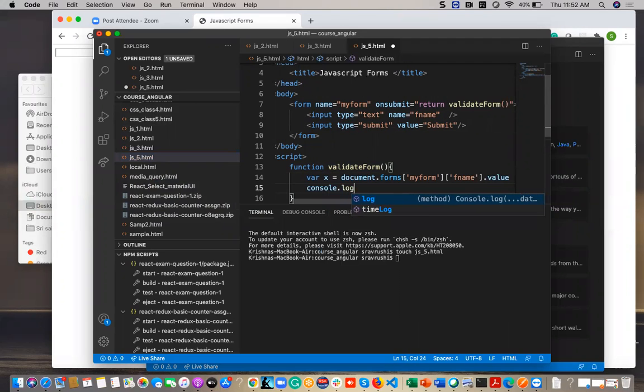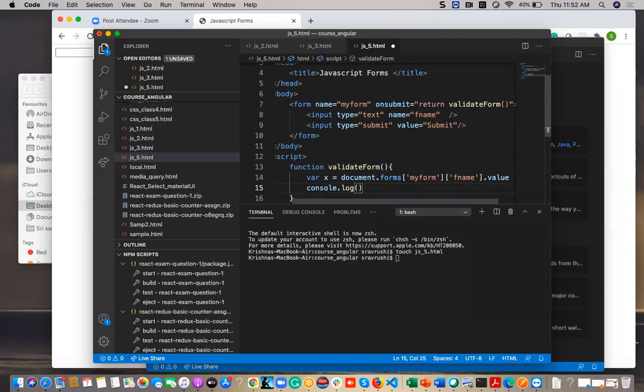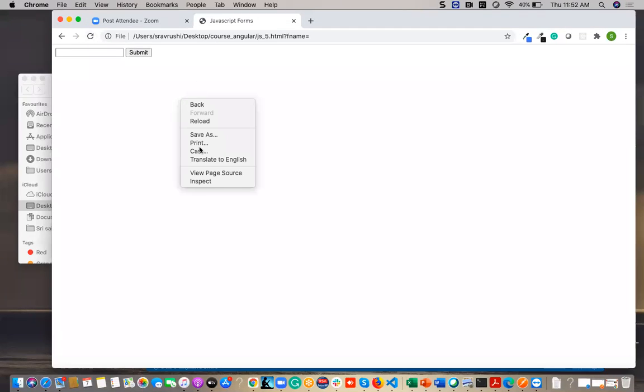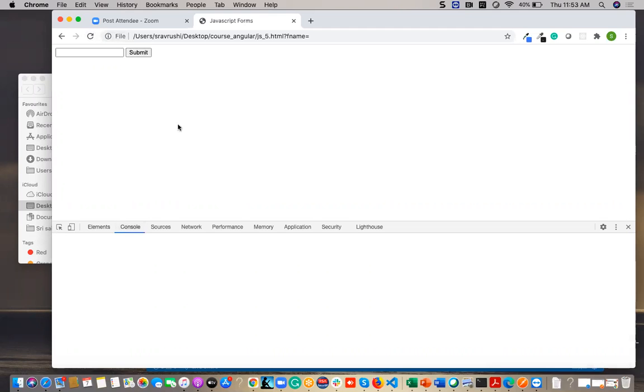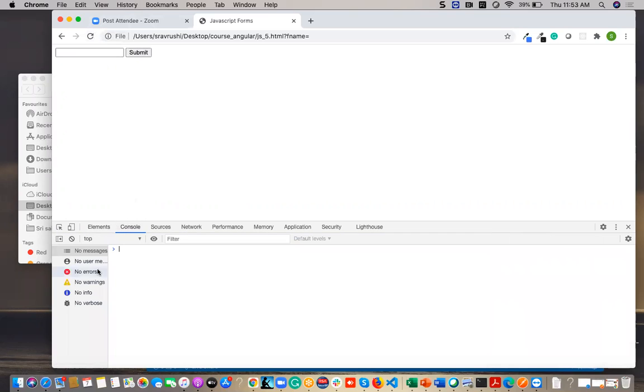So first I am going to choose x.value, and here I am taking comma x. If we are submitting this one,